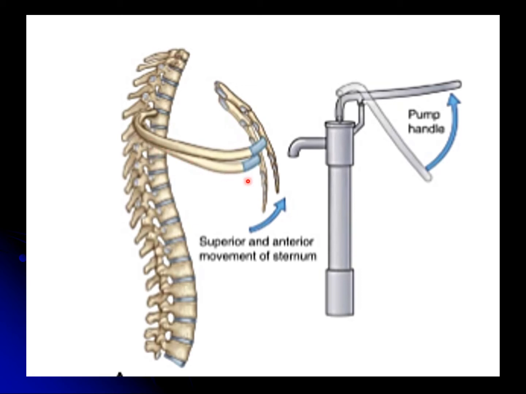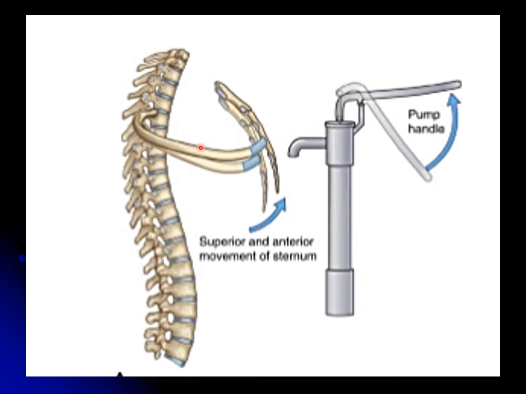Again I will repeat: in expiration you will find the rib in this position, with the sternum lower down on the chest wall, while during pump handle movement the anterior end of the ribs, specifically the lower curved ribs mainly, moves a little anteriorly and raises up, and as they raise up they raise the sternum upward and outward. So as it goes upward and outward, the anteroposterior diameter increases.